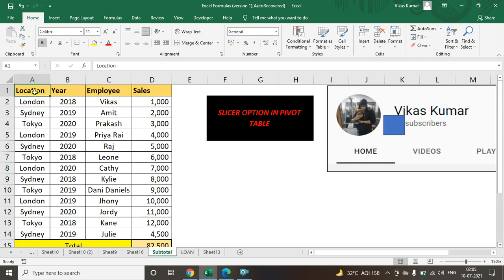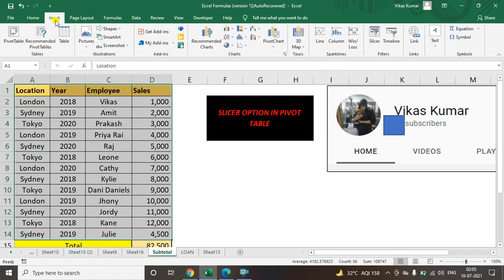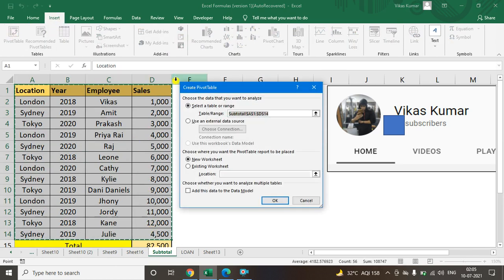Now I have a dataset with location, year, employee and sales respectively. I will select the dataset completely, go to the insert option, go to the pivot table. My pivot table dialog box will open and the radio button will be checked on new worksheet.